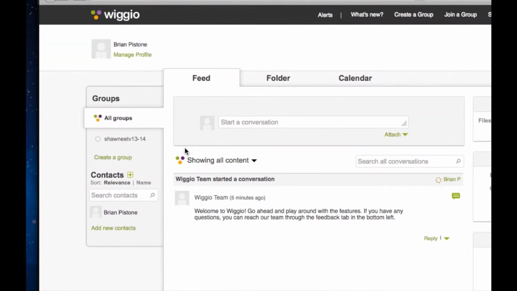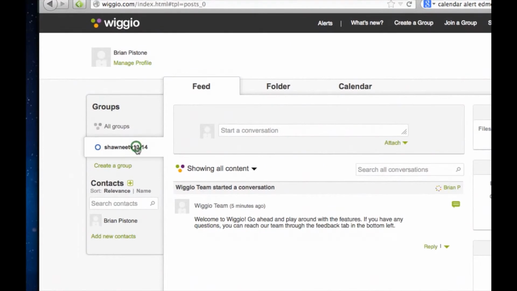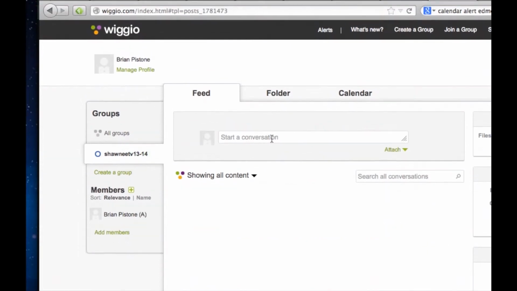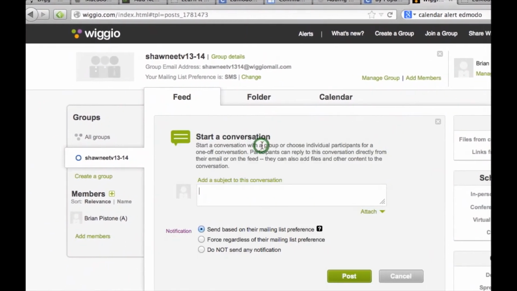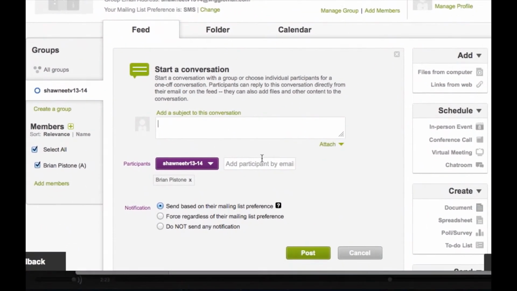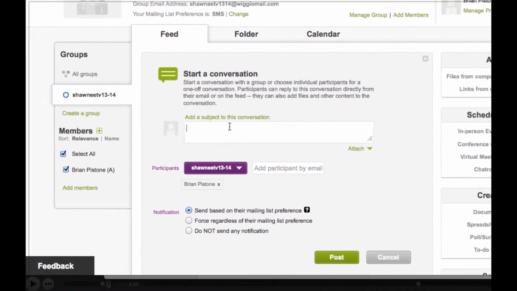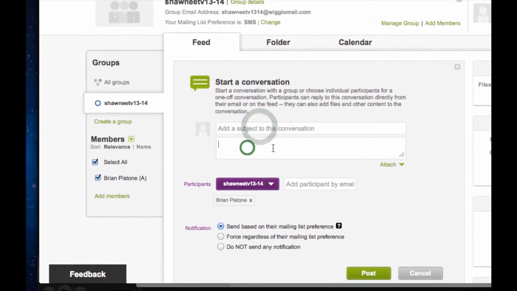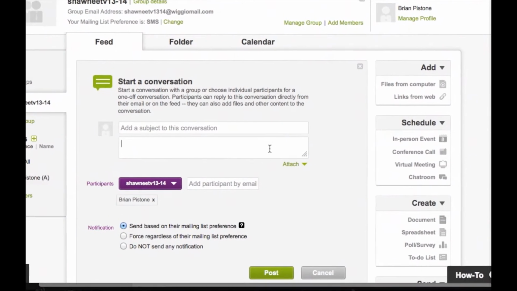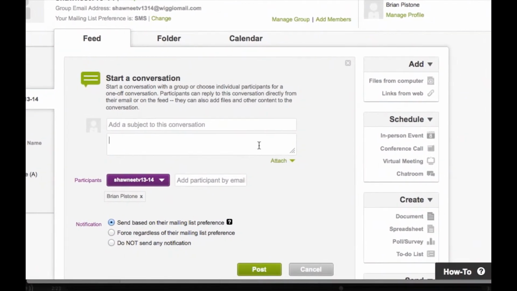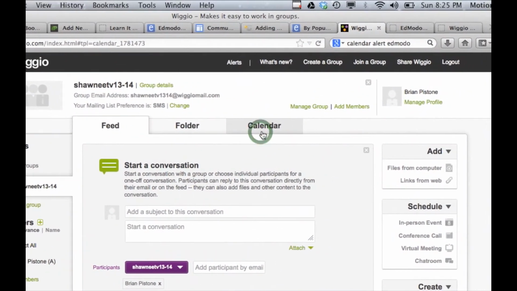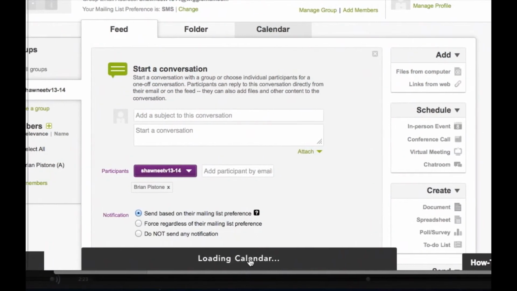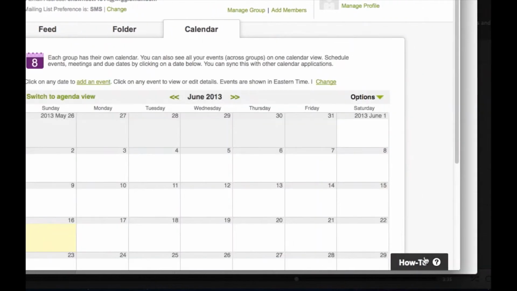Okay, so once you have your group configured, you select the group that you want to start a conversation with, and if you had students in your group, you would be able to add a subject and start a conversation here, and you would be able to type in characters that would either be texted out or emailed out depending on how you have your students set up their accounts. But the really cool part is the calendar. So if you go into the calendar, which is currently loading,